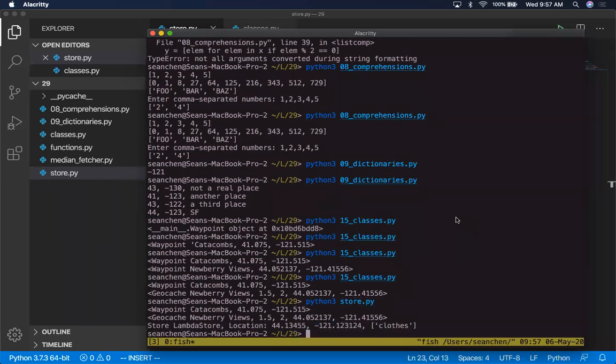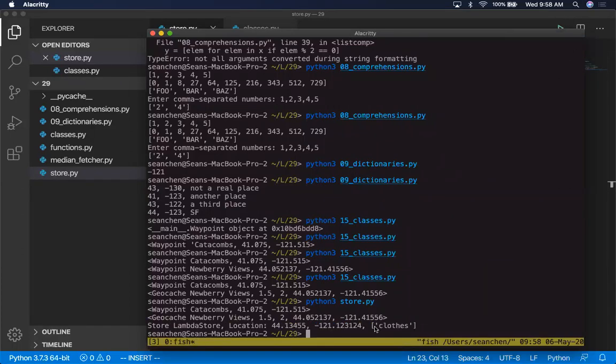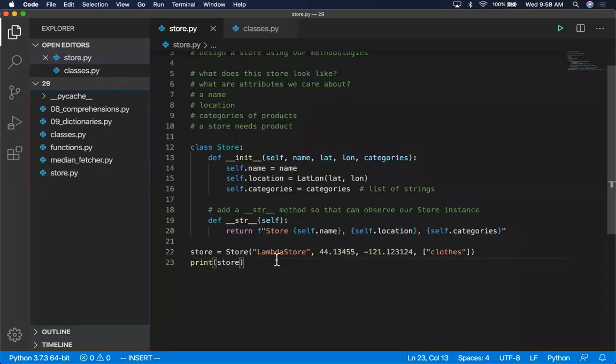Store.py, store location, clothes. So yes, there's the name. We're delegating to the string method on our location and then our categories. Okay, cool. So that's working. Let's go ahead and now